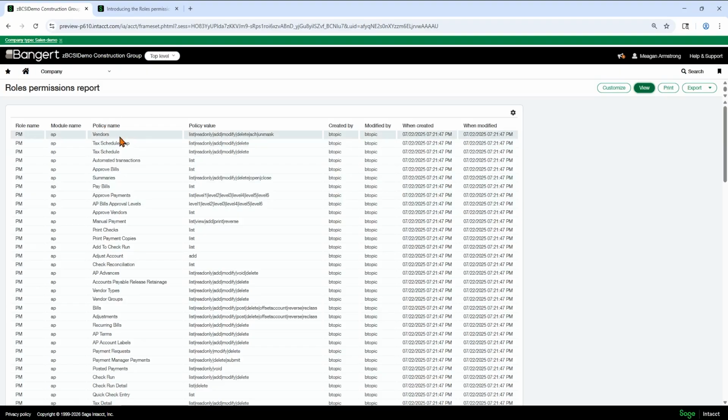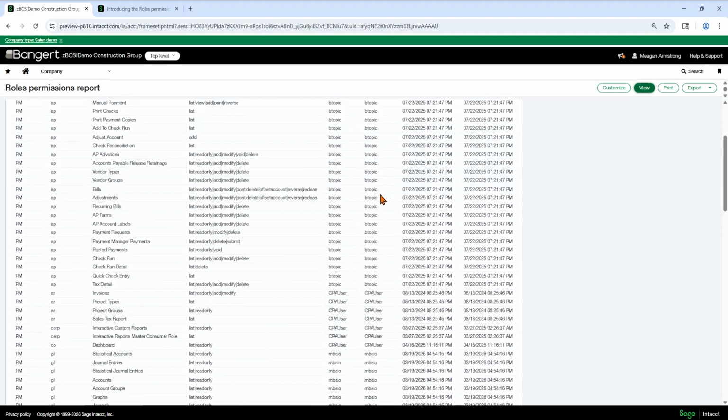The policy name and the values, aka what they have access to and how much access. So the PM user has the ability to list, read, add, modify, delete, see the ACH, and unmask the vendors here. And you can also see who created it and who modified it last